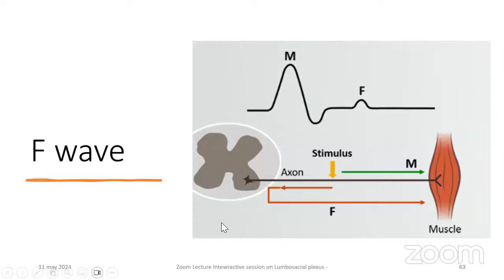Now look at the F wave. The F wave is the most important aspect which we get. This is an F wave which you can see, and which is often prolonged in demyelinating neuropathies. Then you give a stimulus, and that stimulus goes to the axon, travels, and comes back to the muscle. And depending on the frequencies,